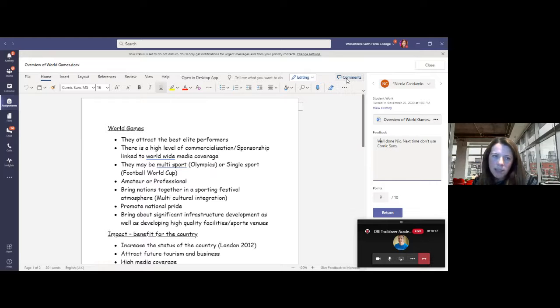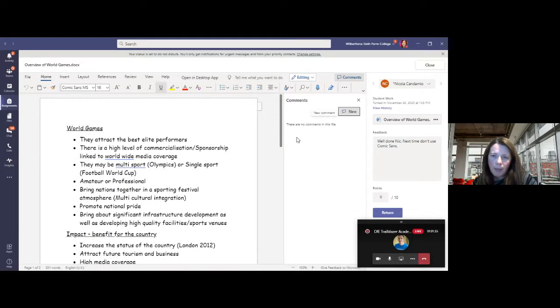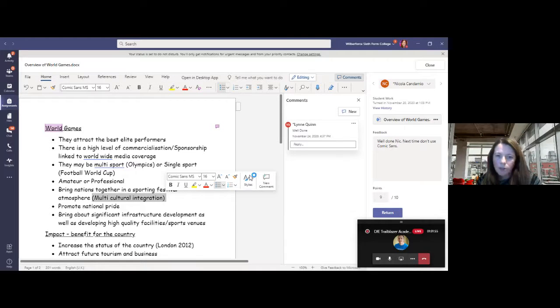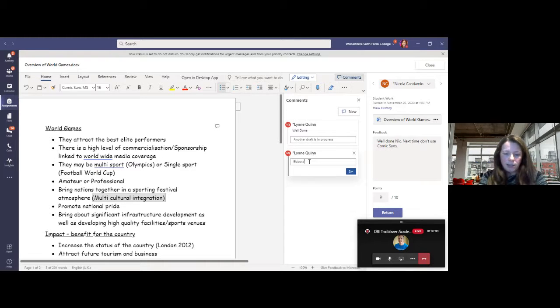Alternatively, you can write comments because it's a Word document. You can add comments, and this starts a conversation. So just, for speed, I'm going to put something really generic. And so you can feedback specifically on parts that you might want them to elaborate. So I might put a new comment here and say, so there's two ways with a Word document of giving feedback there. When they open that Word document up, they can see those comments.